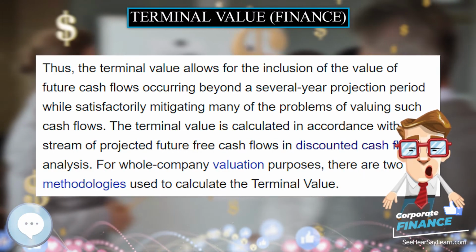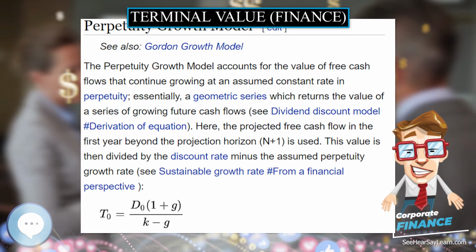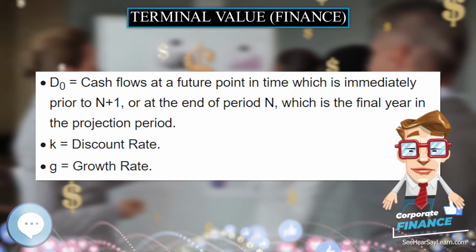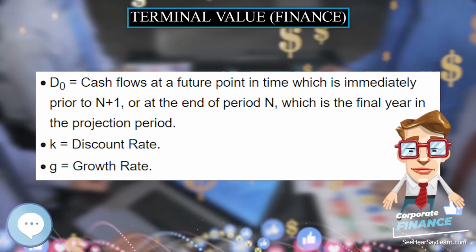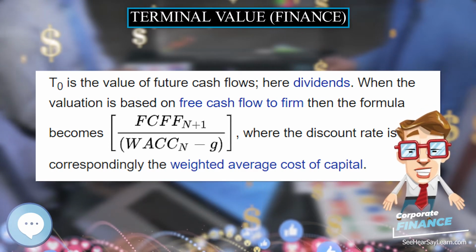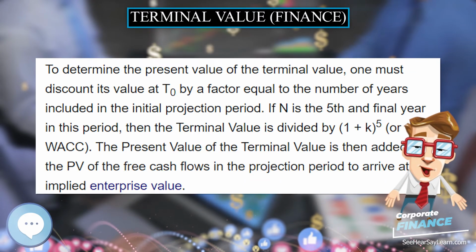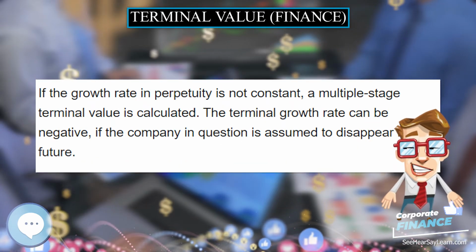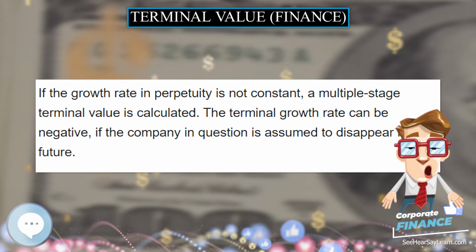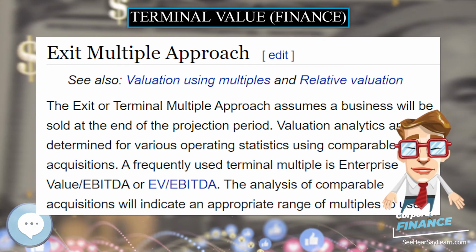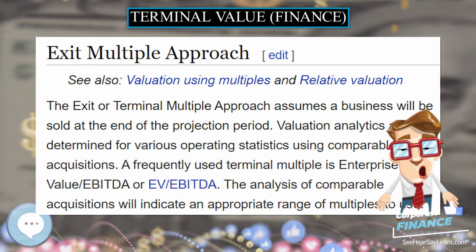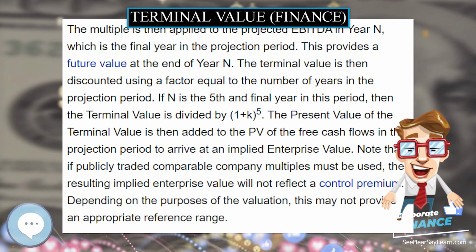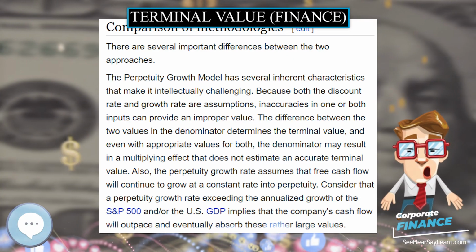Perhaps the greatest disadvantage to the perpetuity growth model is that it lacks the market-driven analytics employed in the exit multiple approach. Such analytics result in a terminal value based on operating statistics present in a proven market for similar transactions. This provides a certain level of confidence that the valuation accurately depicts how the market would value the company in reality. On the other hand, the exit multiple approach must be used carefully, because multiples change over time. Simply applying the current market multiple ignores the possibility that current multiples may be high or low by historical standards.